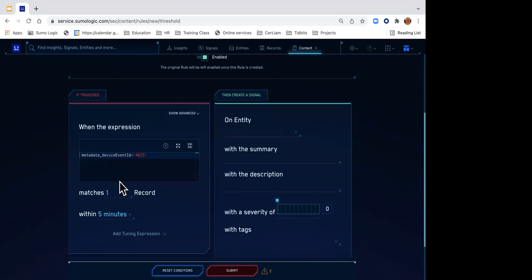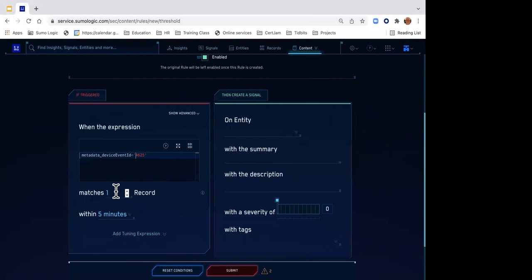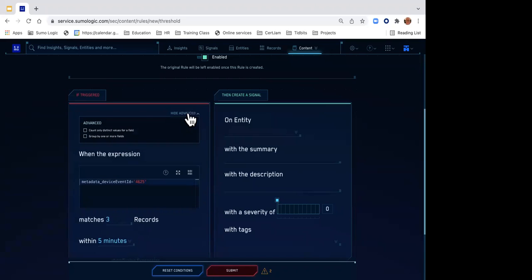And then we're going to define how many times it matches within a certain period of time. And again, per the direction, we want to see matches the record with 3 distinct values. So if I go over here and click 3, okay. Now the question is, where does this distinct value setting come from? Under show advanced, here's where I can specify I want to do it with distinct values. So now it matches records with 3 distinct values